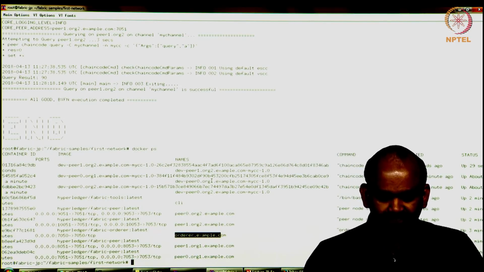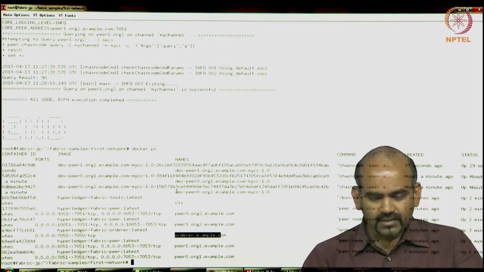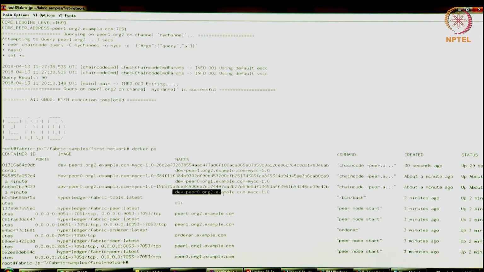Okay, so apart from that, there are chain codes that have been deployed. Chain codes have been deployed on org1 and org2, actually 2 peers on org2. So on both peer0 and peer1, chain codes have been deployed, and those containers are up.